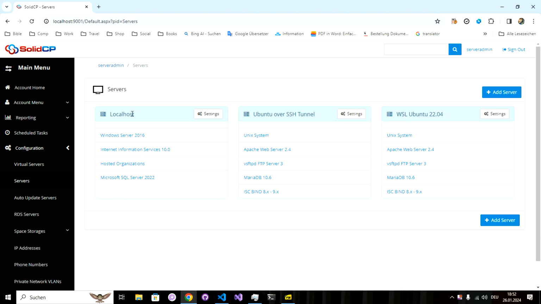Yes, we have here the different servers. Localhost is the local Windows server, and we have here WSL Ubuntu. It's an Ubuntu server running on WSL, and then we have Ubuntu over an SSH tunnel. And if you look at this,